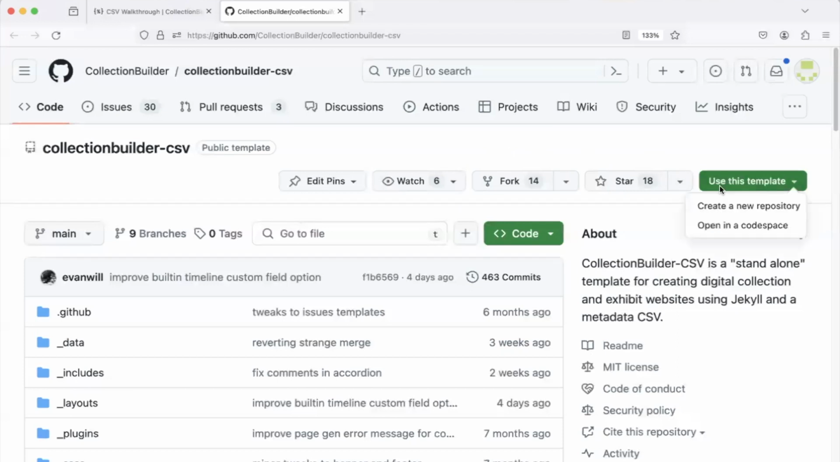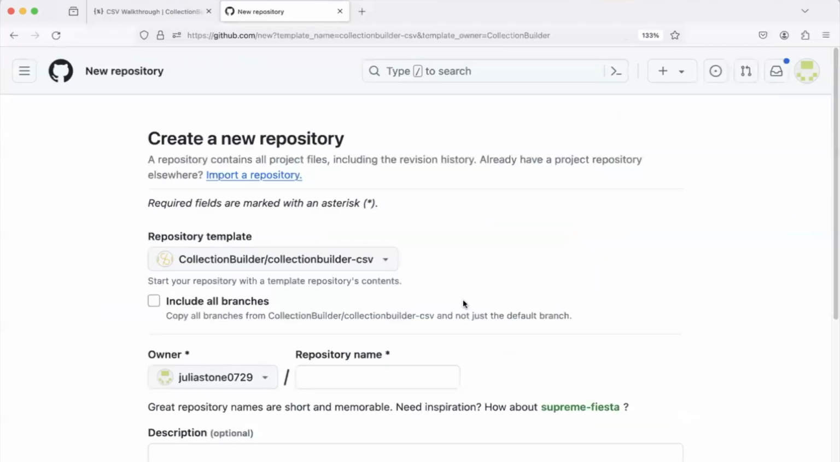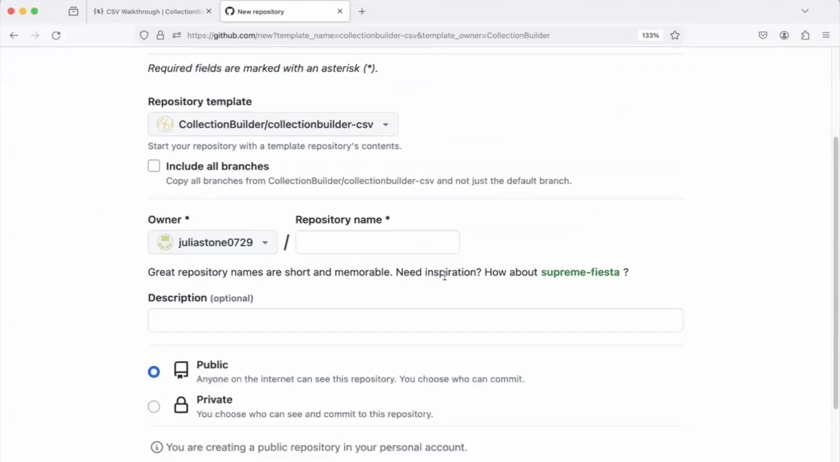So I'm going to click on that button and then click Create a New Repository. So now I'm going to name this new repository, and the repository is going to be a copy of all of the contents of the Collection Builder CSV repository template. So I'm going to name this something short and memorable that does not have any spaces or capital letters, just to follow best practices. So I'm going to call this